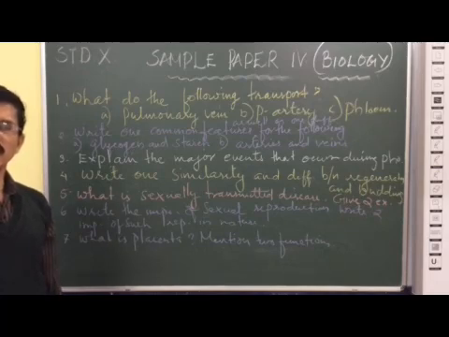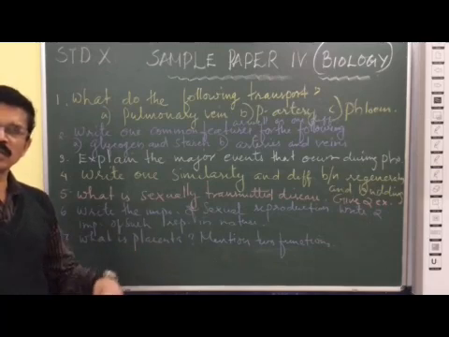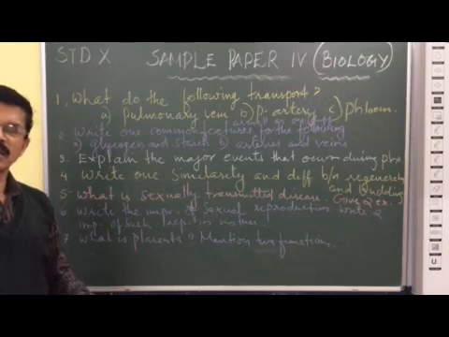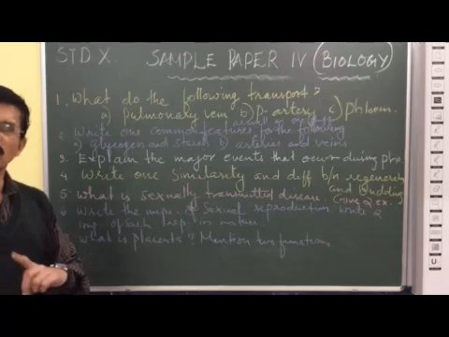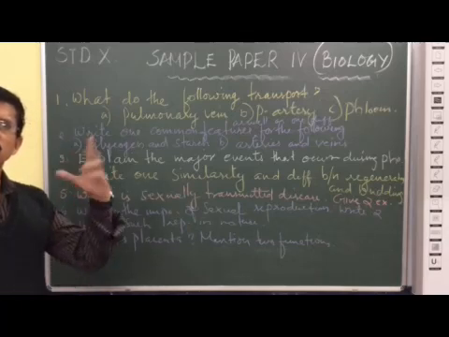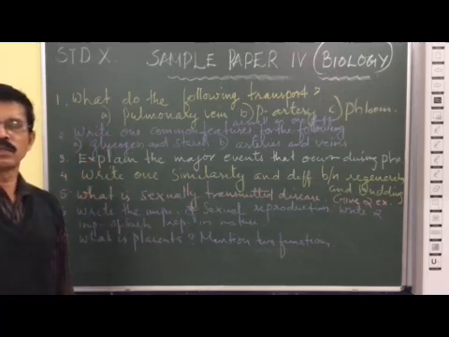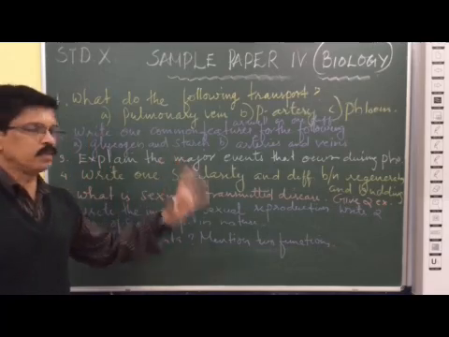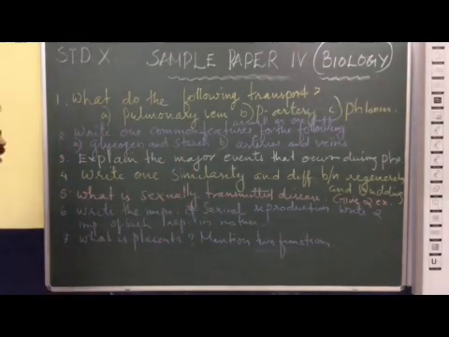Both carry blood. When the heart pumps, the blood is carried through the pulmonary artery to the lungs. And from the left ventricle through the aorta, the blood is pumped to all body parts. So we have to understand these features of the arteries and veins.